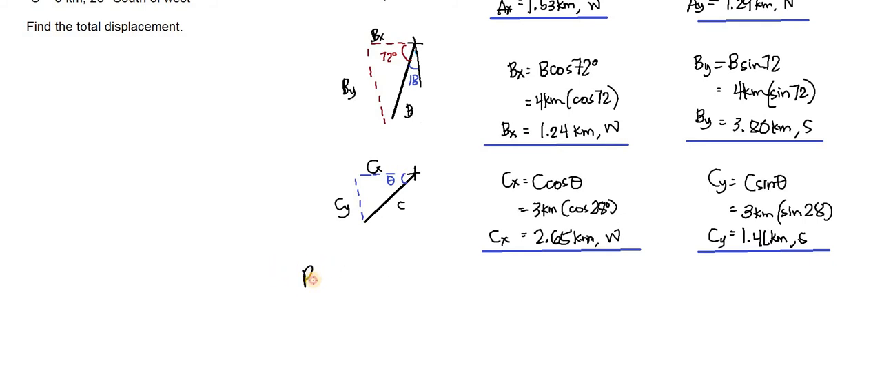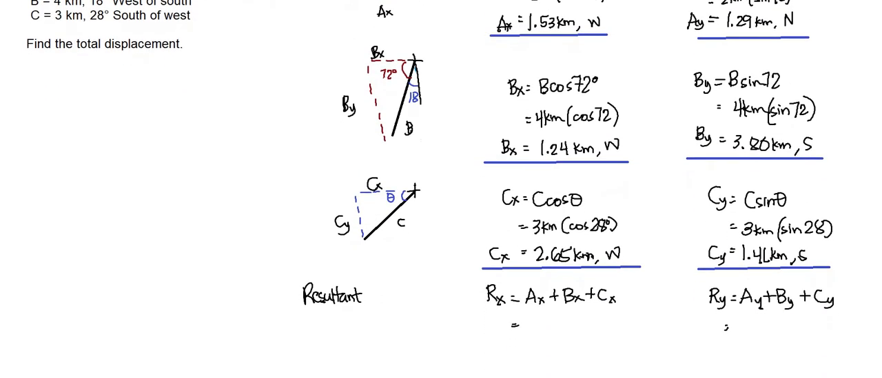For our resultant, we'll have here r sub x. R sub x is a sub x plus b sub x plus c sub x. And of course, you have your r sub y equal to a sub y plus b sub y plus c sub y. Okay, substitute. Lahat ito ay west, so dahil lahat ay west, negative siya. So we have negative 1.53